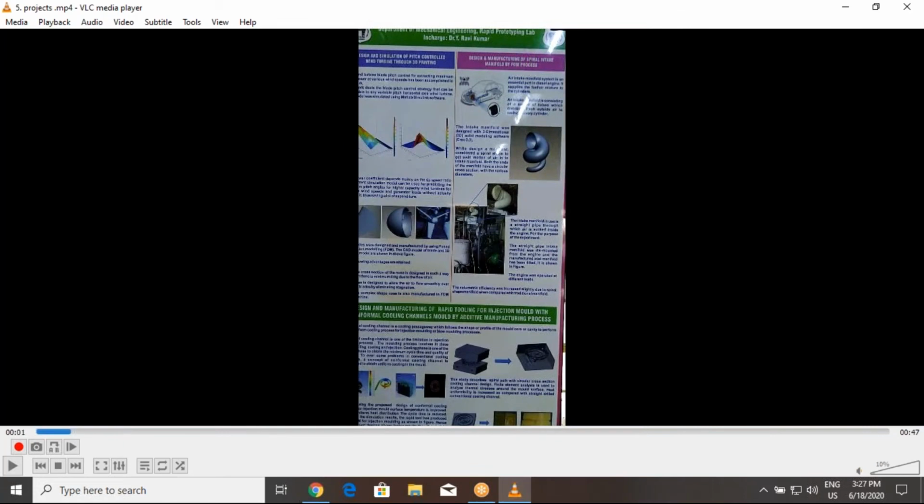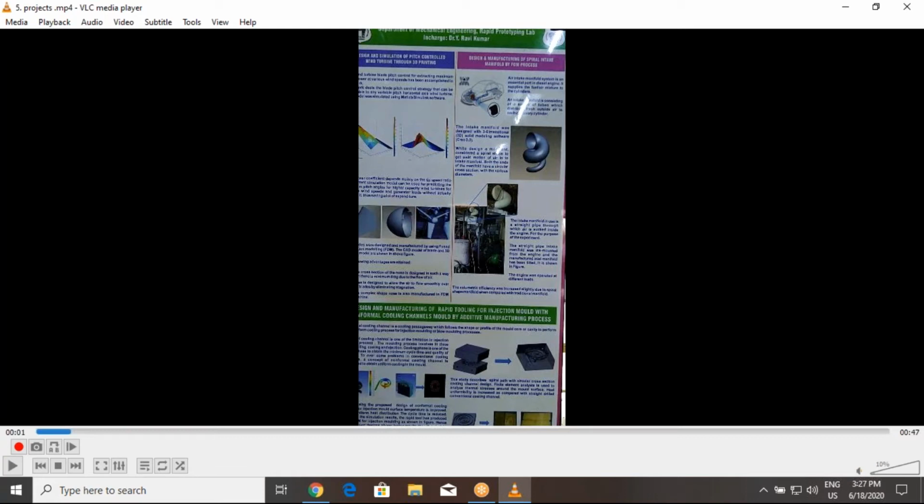Another project is the design and manufacturing of rapid prototyping tooling for injection molds with conformal cooling channels using the additive manufacturing process. As we know, conformal cooling channels are used in injection molding.